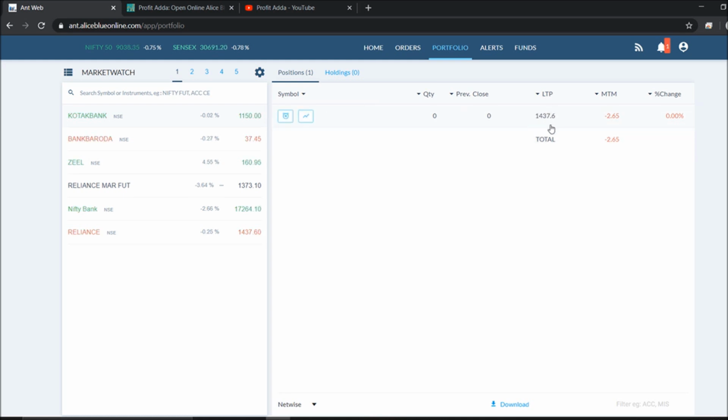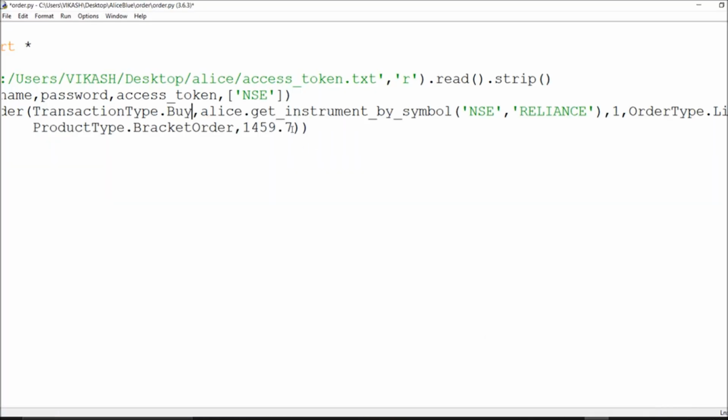If I give an upper limit, an upper circuit, it will immediately place my order. I will give a float value, 1440, and it will definitely place my order.